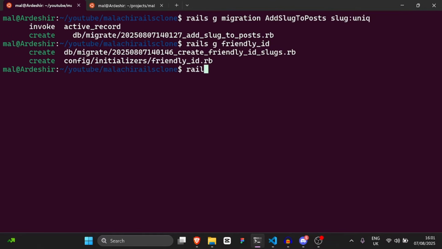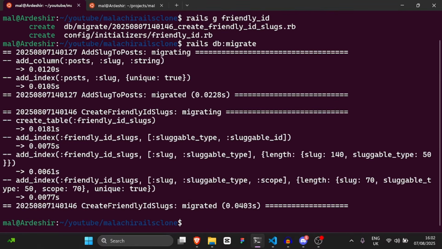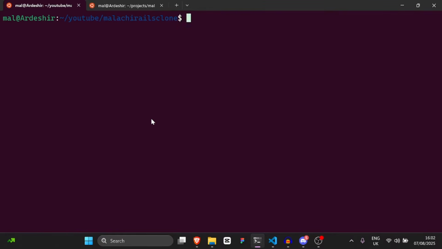And then what we can do is run rails db:migrate. Again, what this does is convert the database to actually add new tables or change the database, and the database is represented by a file that I'll show you in a second. It says add column post string or post slug. So I added this column to posts. It added an index as well, which essentially makes this column load faster. And then now we're going to run clear. And once we have that, what we're going to do is run rails s once again, but we're not done